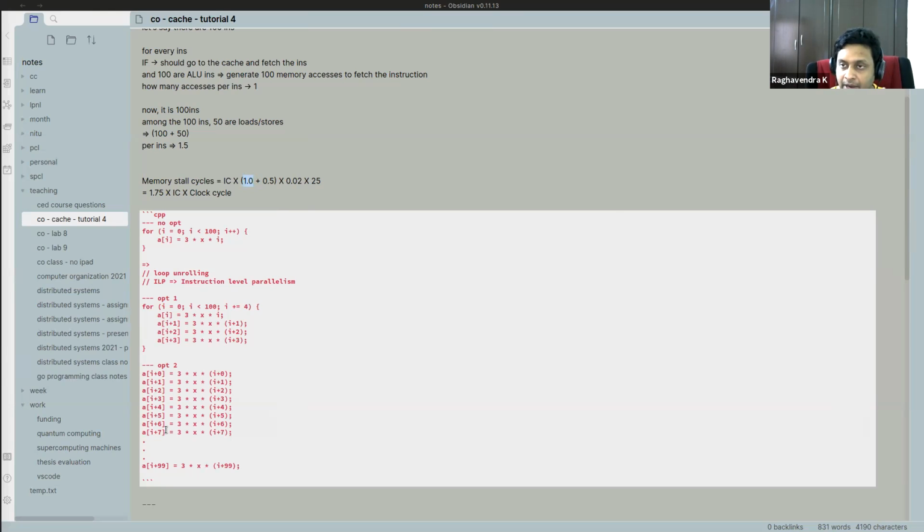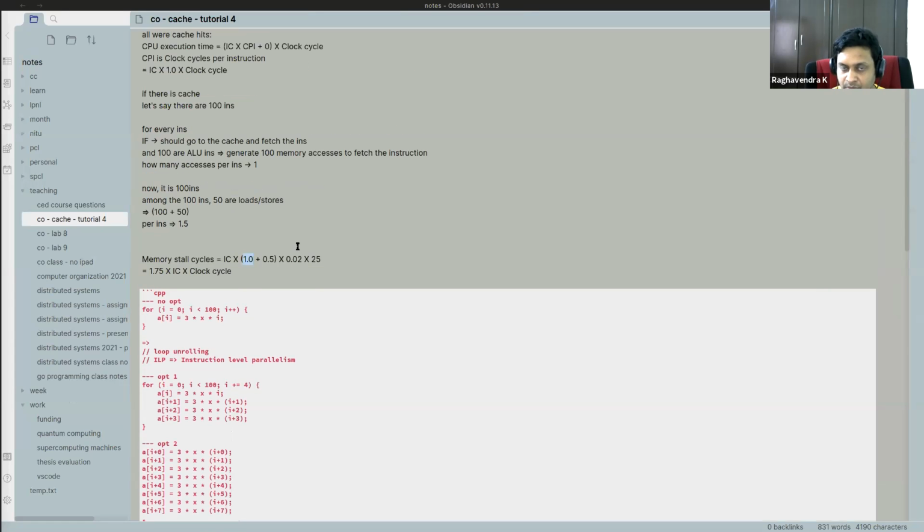Because I have to go and fetch that instruction in the memory, there will be memory stalls for this. So loop unrolling is not like a hammer where you hit it and solve the problem. You have to be careful in hitting the nail, because the more you hit, you might break the wall, right? For you to know that loop unrolling has a limit, you should understand how the system works. That's why it's important to know that even instruction fetch is expensive.